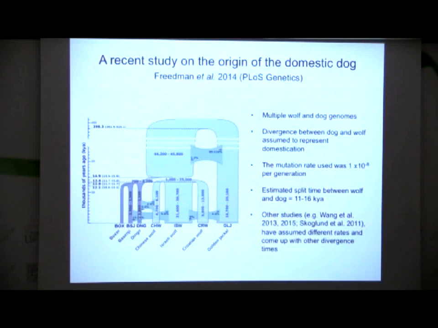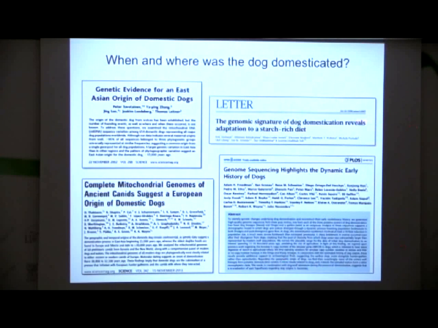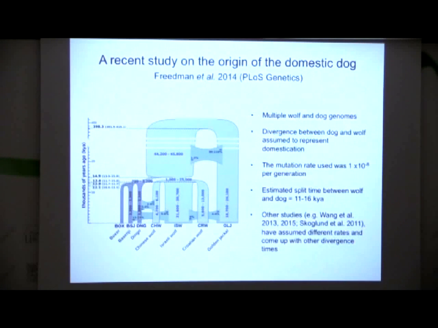Okay, so if we focus on, I should go back. If we focus on this paper, which at the time when we did our study was probably the best paper out there looking at the origin of dogs, so the relationship between dogs and wolves, the Friedman et al. paper. Essentially, very briefly, what they did was that they sequenced complete genomes from multiple dogs and wolves. They used modeling to try to estimate the divergence time between dogs and wolves, assuming that this divergence probably represented